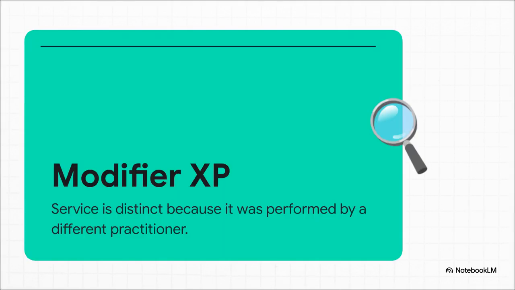All right, let's start by sharpening a really powerful tool in our coding toolkit, Modifier XP. This stands for Separate Practitioner. The official guidelines are pretty crystal clear here. You use this modifier when a service is distinct for one specific reason. It was performed by a totally different practitioner. Think of it as a laser-focused subset of Modifier 59. It's built precisely for those scenarios where multiple, distinct specialists are delivering completely separate services to the same patient on the exact same day. It's basically flashing a giant neon sign to the payer, saying that a completely different expert